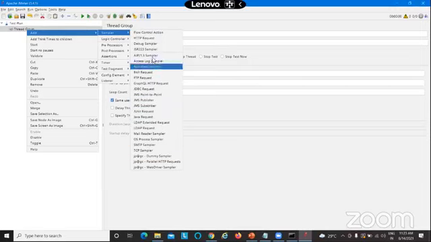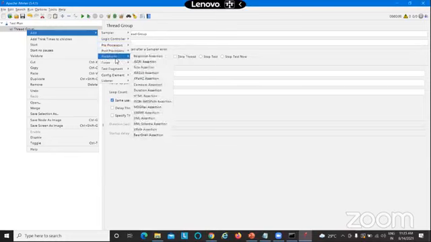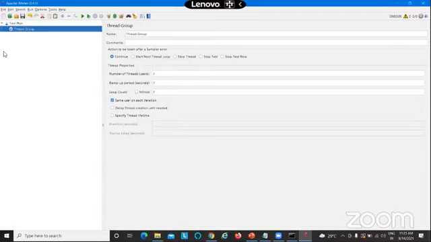All these are samplers available in JMeter. These are the logic controllers, preprocessor. So as I said, timers. So anything which you want to add to your script, you just right click and you add it. Wherever you want to add it, on top of that, you have to right click and you have to add it to your script. Okay. So this is the JMeter UI. I think it's visible to everyone. And let me know if you have any problems in seeing this.